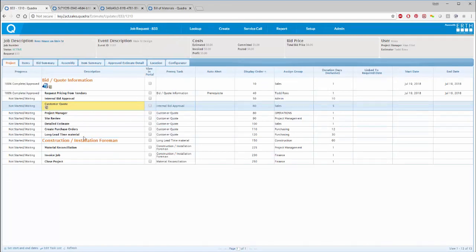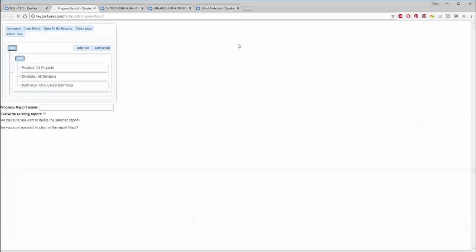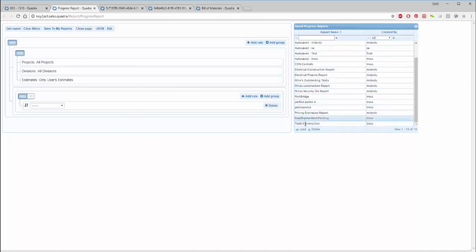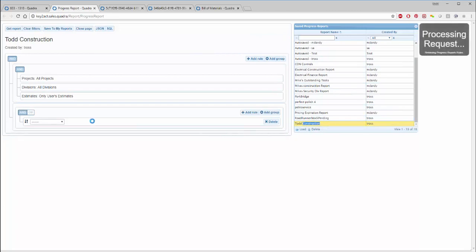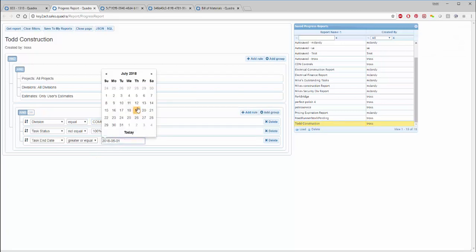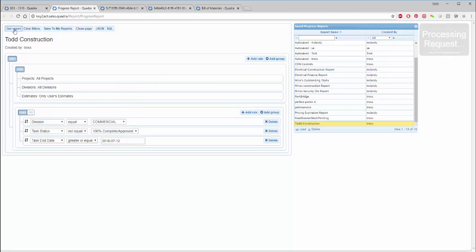And then the idea here, by managing the workflow, is that it all leads to wanting to manage different elements of the different projects. So in this case, I'm building out this template, if you will, and I've got Todd's construction project, and I'm going to say I want to see where the division is commercial, and let's change the dates to be greater than July 12th. And so I say get report, and what it does is it now goes through all of the